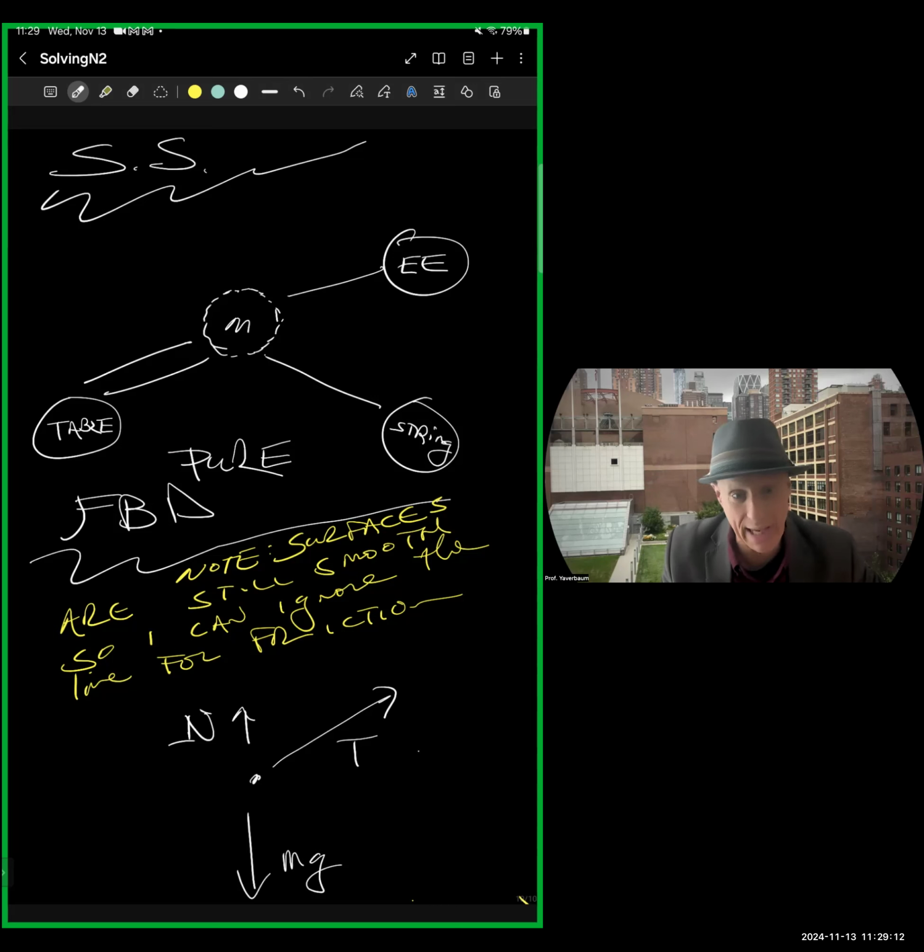But I can't do it yet because this pure free body diagram now has forces going in all kinds of different directions. What I ultimately want is a free body diagram that has one axis for every axis of space. In other words,